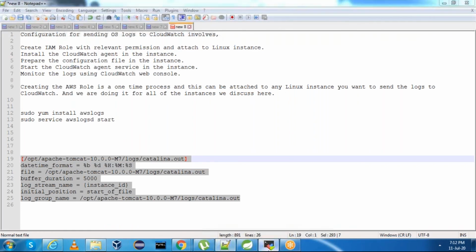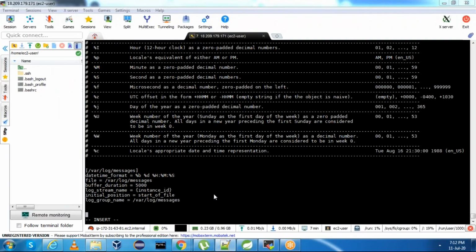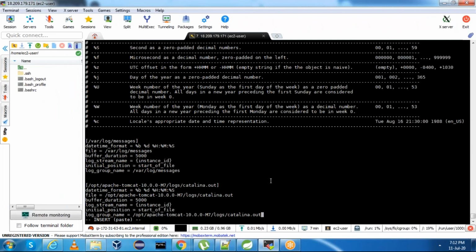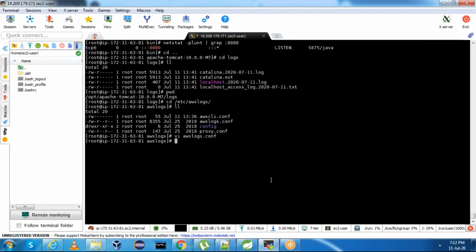Copy this. Okay, now we copied this as well. Save this file. Now whenever you change anything in the configuration file, you need to restart the awslogs service.